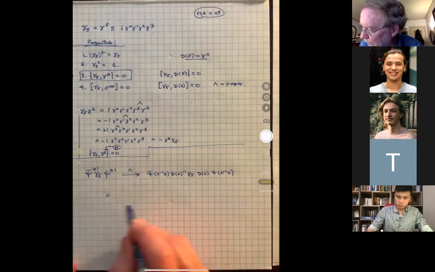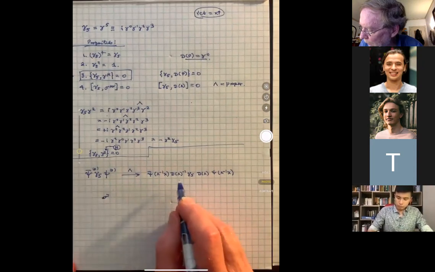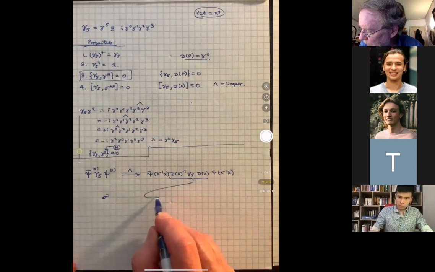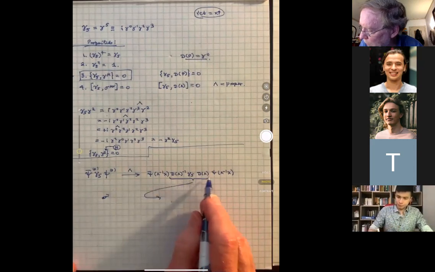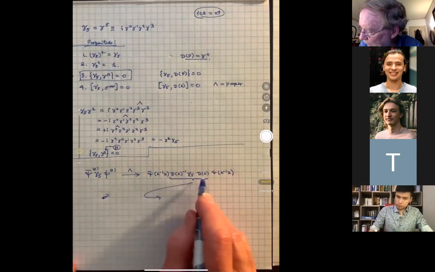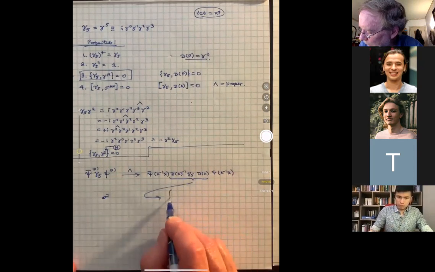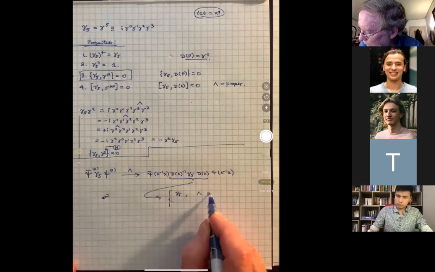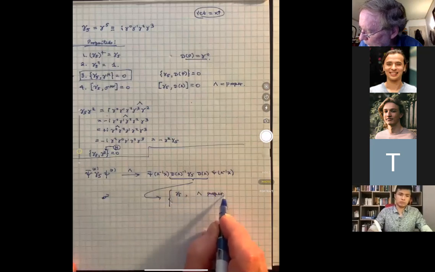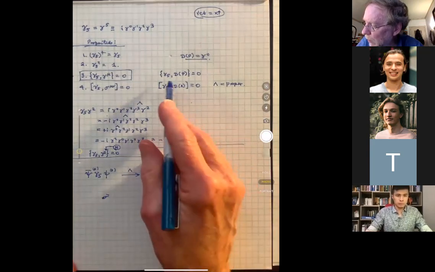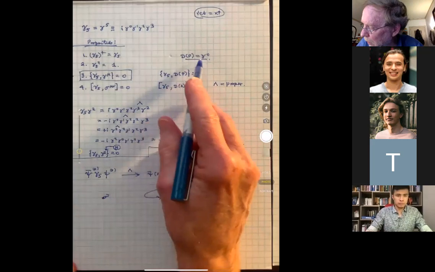Now, if D of lambda is proper, however, then gamma 5 commutes with D of lambda. So I can move the gamma 5 past it. The D of lambda inverse cancels, and so this turns into just gamma 5 if lambda is proper. But if lambda is improper, namely proportional to gamma 0, that's the only one we've got, D of P is gamma 0,